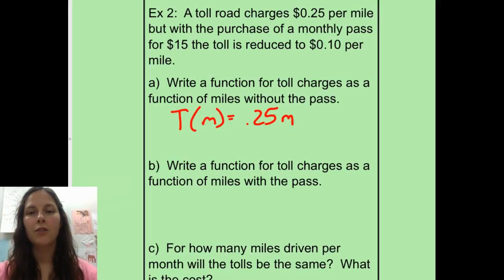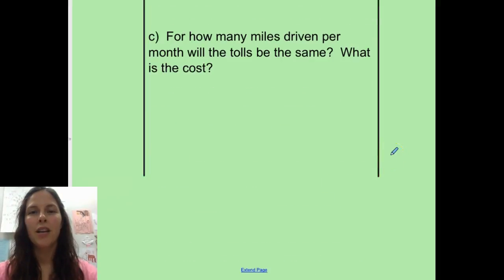Part B is the function for the discount pass. I'll name this D of M. For discount, we would pay $15 for the pass, plus we would only pay 10 cents per mile this time. Part C, very similar to example 1. How many miles would we have to drive in order for the charge to be the same with or without the discount pass? So we will set the function for the toll roads equal to the function with the discount pass